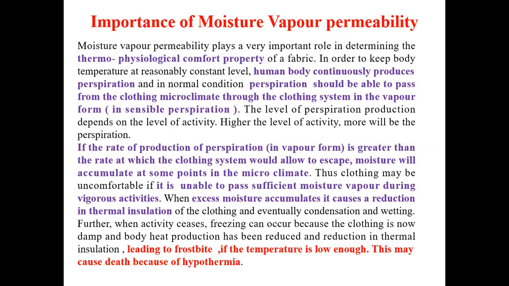And because of this frost, the temperature of the body will be reduced by 3 or 4 degrees from our core body temperature, that is 37.5. And as I have already told, if the core body temperature is reduced by 3 degrees, that means if it is reduced to the level of 33 or 34 degrees, then what will happen? This will lead to hypothermia, and there is always a danger of death. Okay.